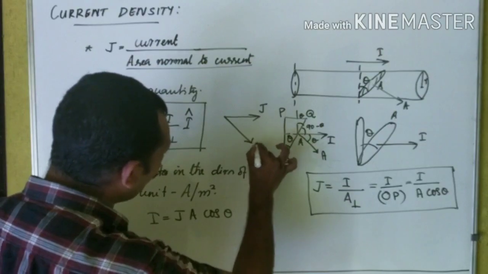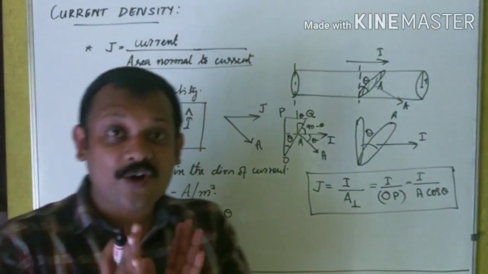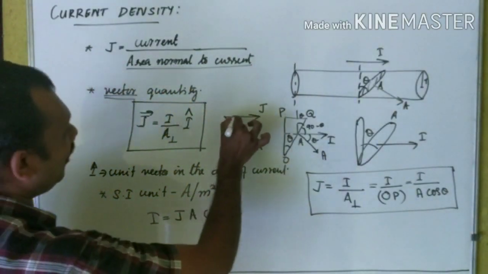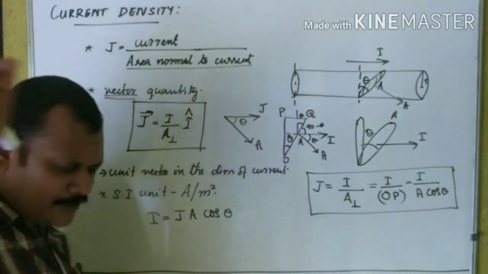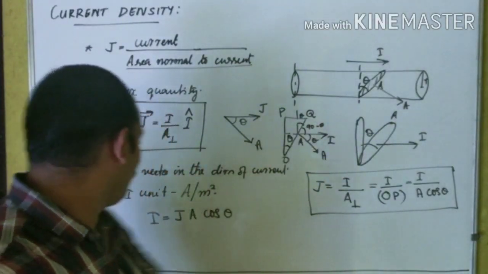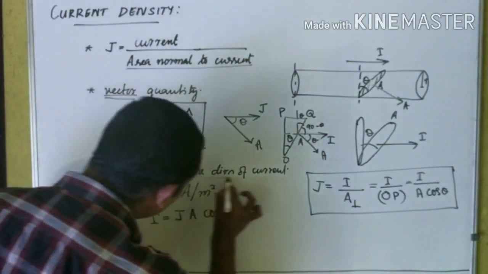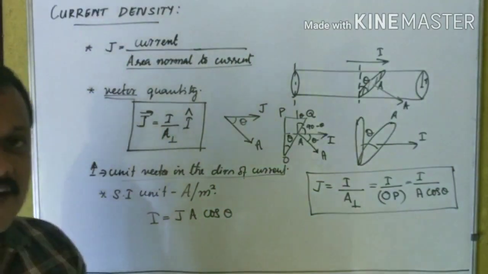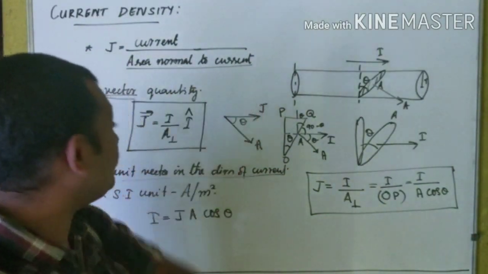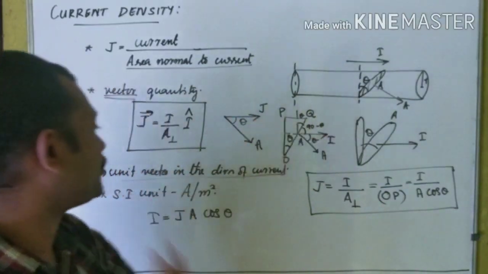This is the direction of area, that is area vector. Area vector, as we all know, is always perpendicular to the plane. This is the direction of the area vector. Now we have to say this is the angle theta. Now you will ask me a question, sir, this is the direction of current. No, I told you the direction of a current density vector is also in the direction of current. Current density always acts in the direction of current. So current and current density have the same direction. So this is the direction of J as it is the direction of I.